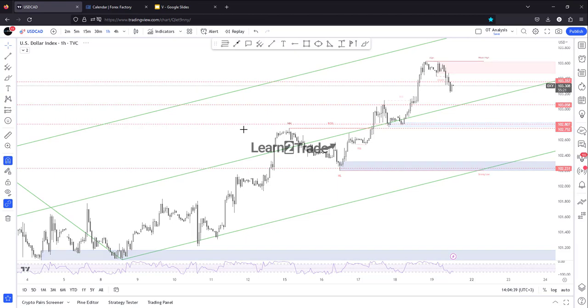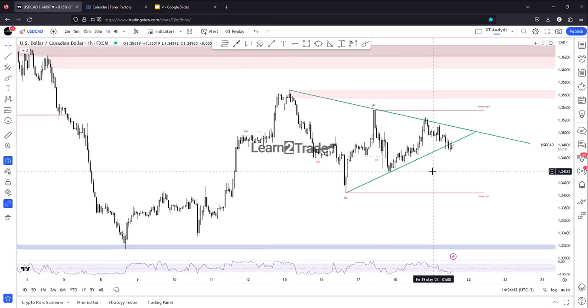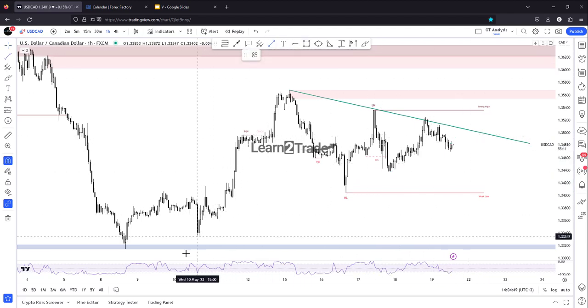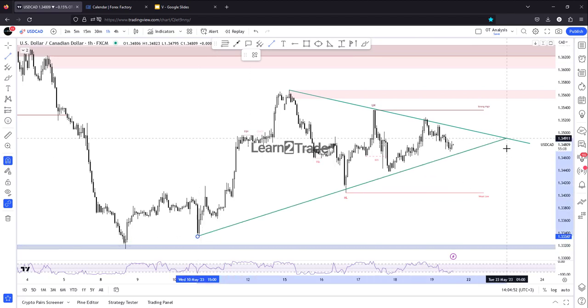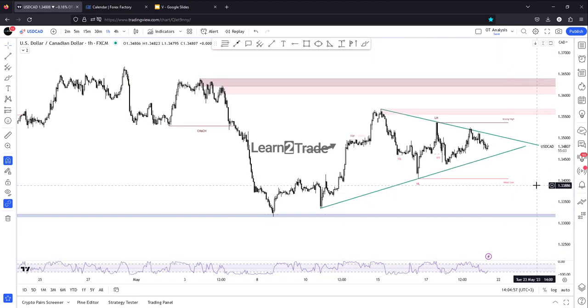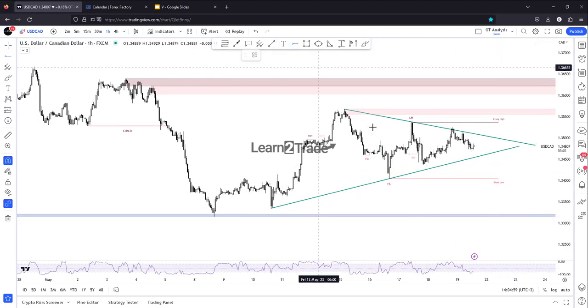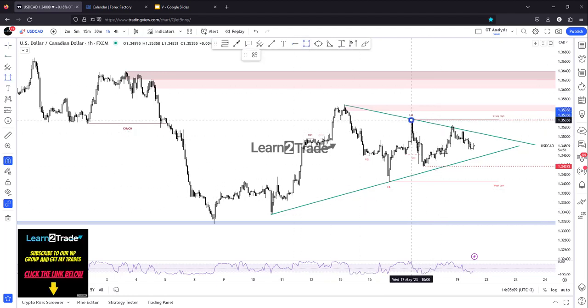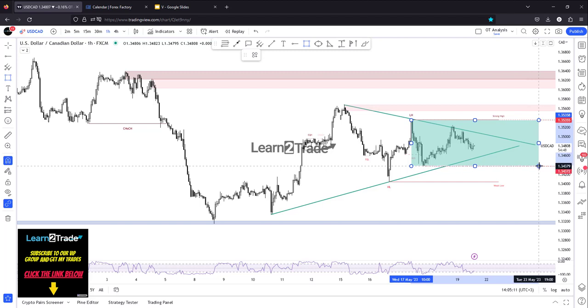guys, US dollar, Canadian dollar, and as I've said here, an extended, maybe sideways movement, an indecision in the short term here, but personally maybe I'll wait for the economic data before taking action, only because here I will use maybe this level, and here this level, something like a range pattern in the short term,